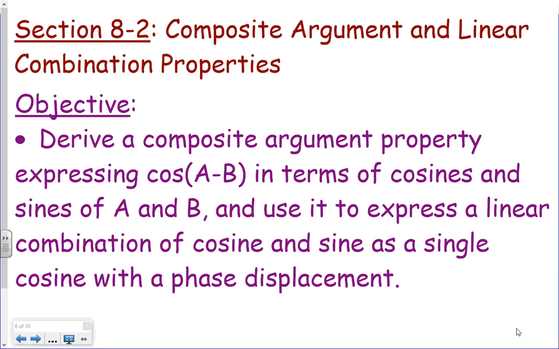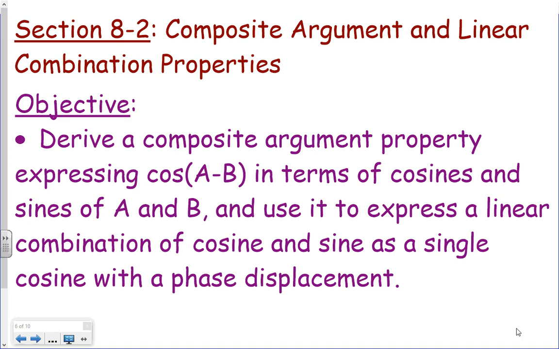All right, open up your book to section 8-2. We're on page 388 in your book. The title of this section is the composite argument property and the linear combination property. We've already talked about the linear combination property, so we'll deal with the composite argument property in this section or